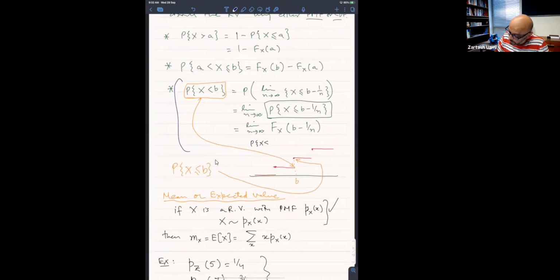Probability x is less than b, can I write it as probability x is less than equal to b minus probability x is equal to b? So obviously ये तो बिल्कुल ठीक है। और ये जो चीज है, this is the CDF evaluated at b, this is capital F_X(b)। तो जो आपने लिखा है ये बिल्कुल सही है।